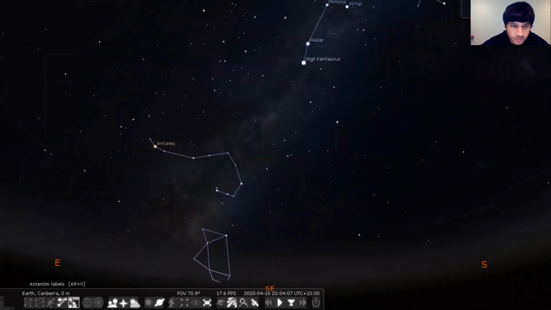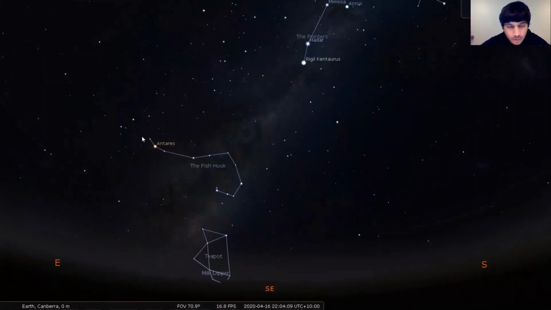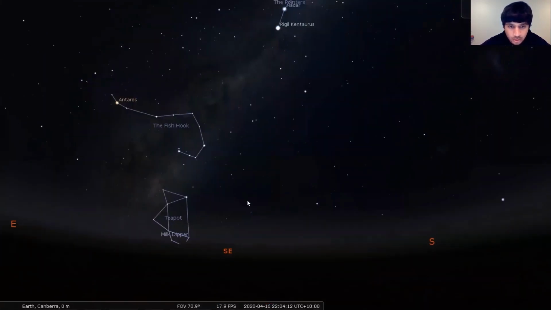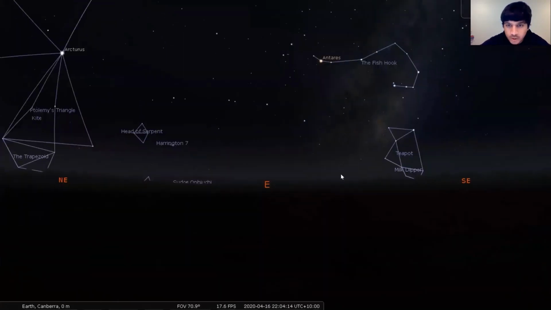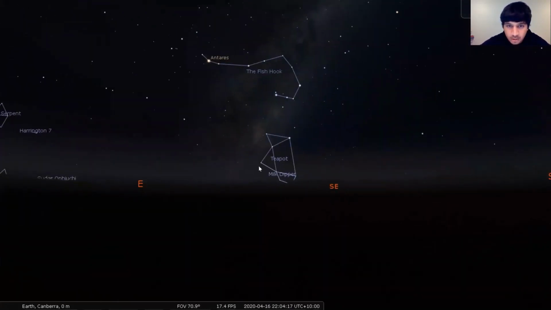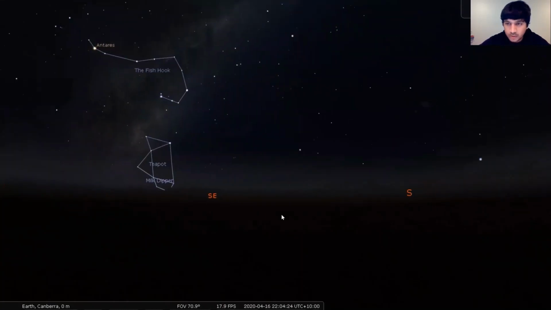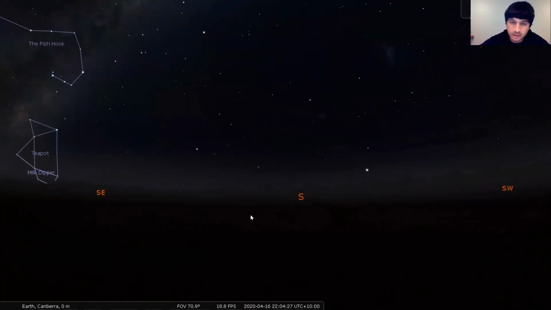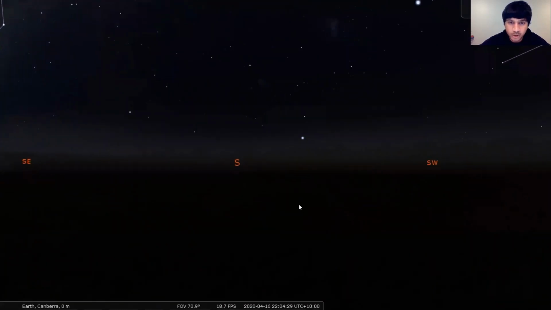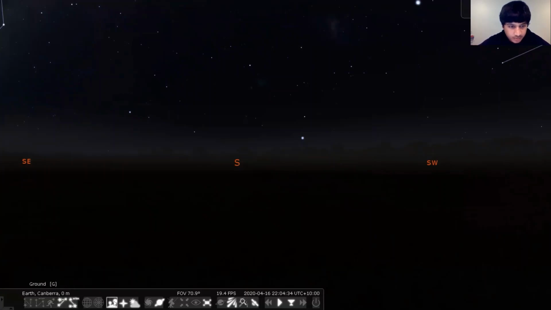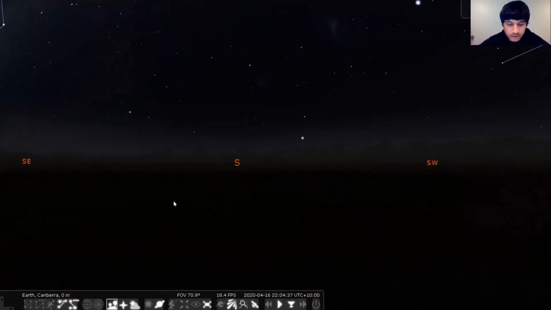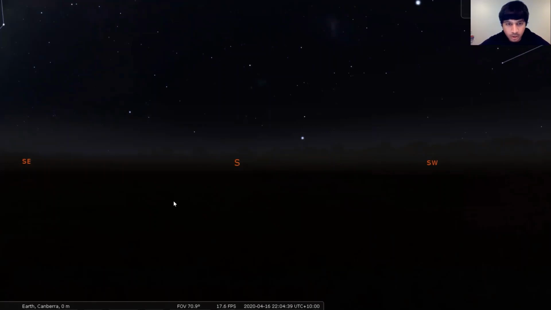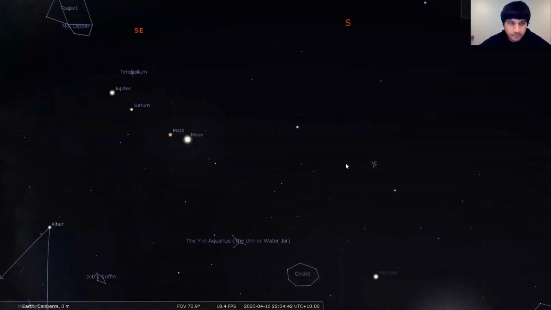So you can turn on names of asterisms and it will show you a whole lot of other shapes such as the teapot or the milk dipper in the constellation of Sagittarius. Now there is a whole lot of things going on below the horizon. To see that, we will switch off the ground. To do that, we can either press this button or simply the shortcut G. If you press G on your keyboard, the ground is gone.